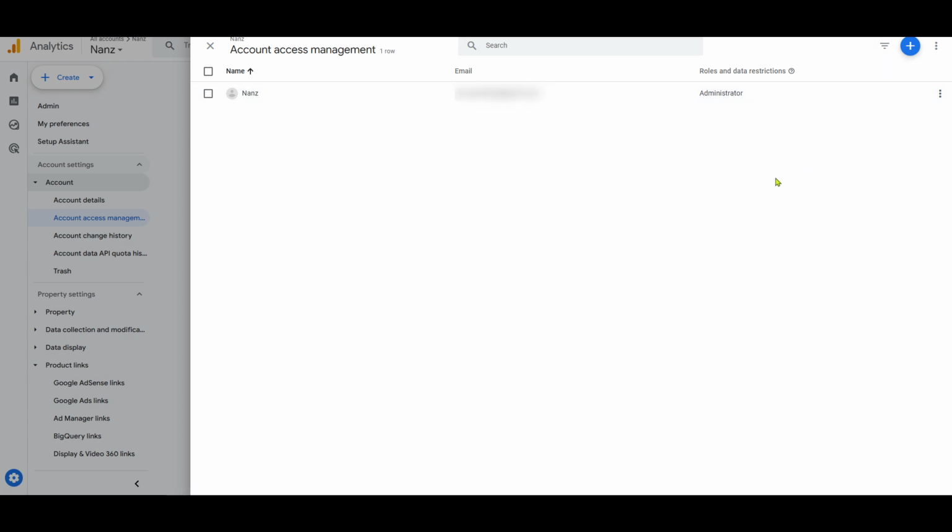This will remove all associated data and history, so be absolutely sure before proceeding, as this action is irreversible. Deleting the property won't affect other properties or views you have under the same account. And there you have it. By following these steps, you should be able to remove any unwanted properties from your Google Analytics account, keeping your